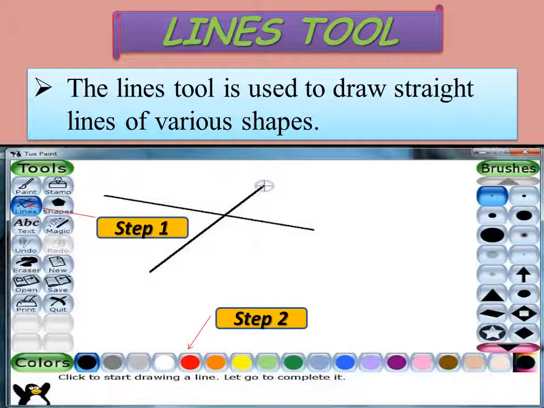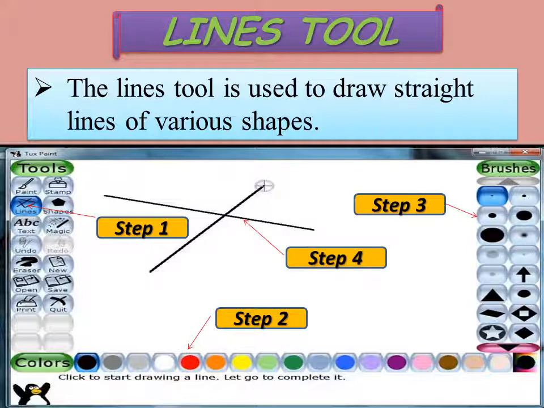Click and choose a color from the colors box. Step 3. Click and select the thickness and style of the line from the selector. Step 4. Keeping the left mouse button pressed, move the mouse pointer on the drawing canvas. When you finish drawing, release the mouse.